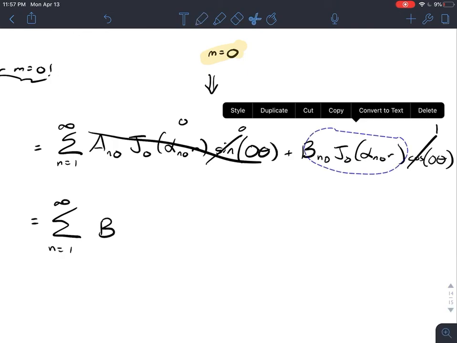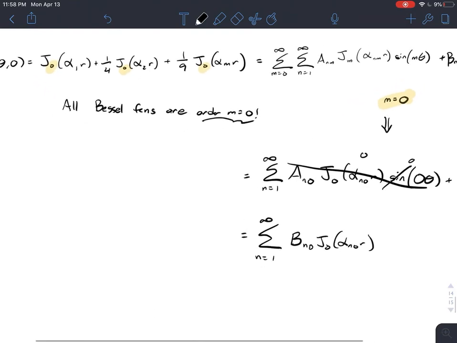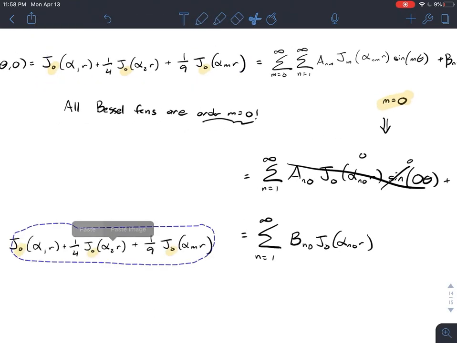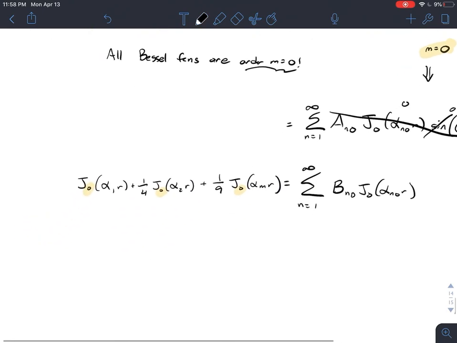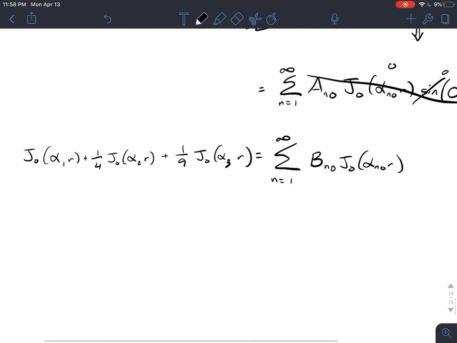I'm just going to copy this over so I don't have to write it all over again. Now we're just left with these two little terms right here, and this makes life a lot easier to figure out. And all that simplification resulted from the fact that we noticed that m had to be equal to 0. Oh, this should be 3, sorry. Great. So now, if we continue comparing, and then we think about this in terms of the orthogonality principle,